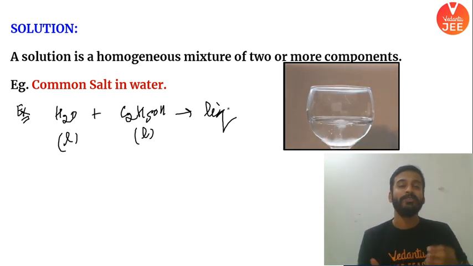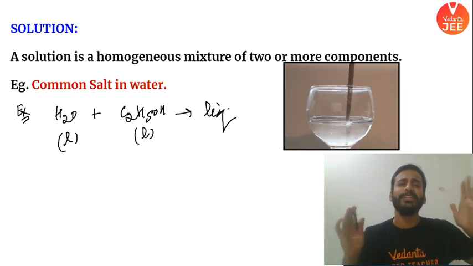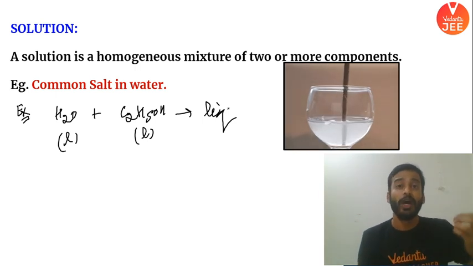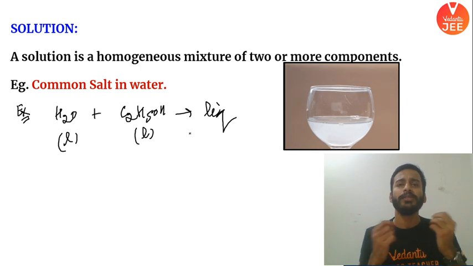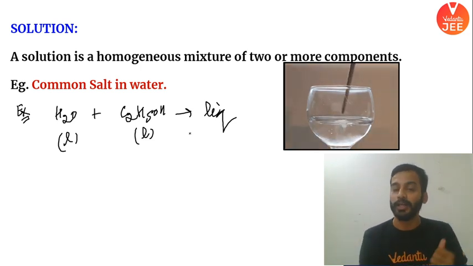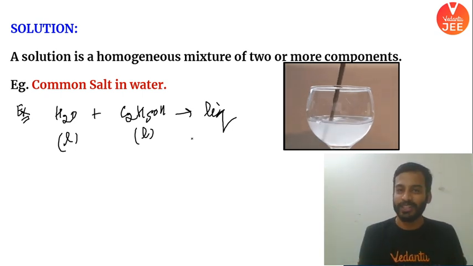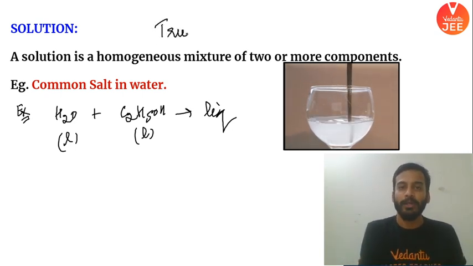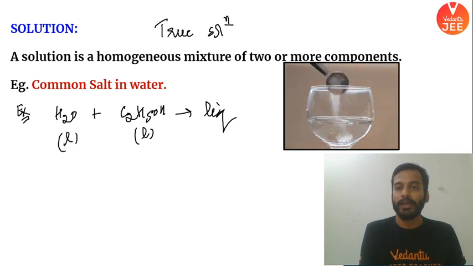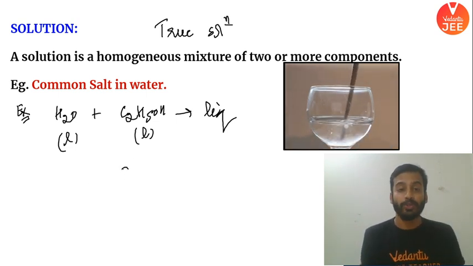So these are nothing but when you are mixing something and it gets completely dissolved, we call it as a homogeneous mixture. And in this chapter, we will talk about true solutions, जहाँ पर हर चीज अपने आप complete dissolve हो जाती है, मतलब complete dissolution will happen. We are going to talk about true solutions in this chapter. हम इस chapter के अंदर true solutions को ही पढ़ने वाले हैं, ठीक है।